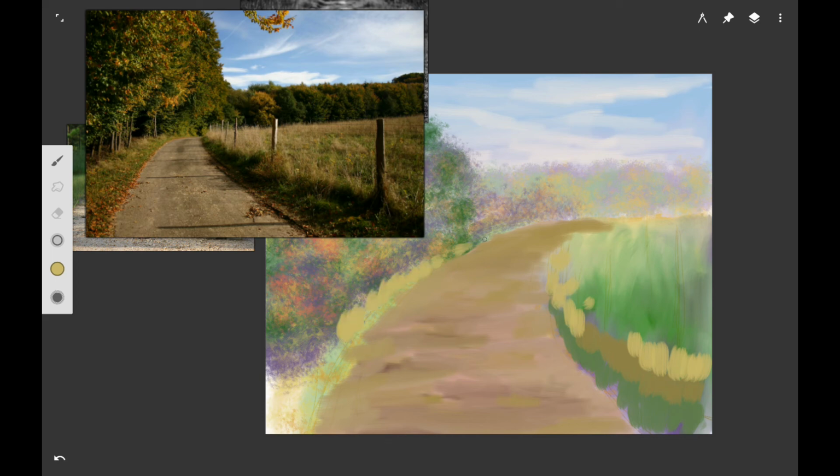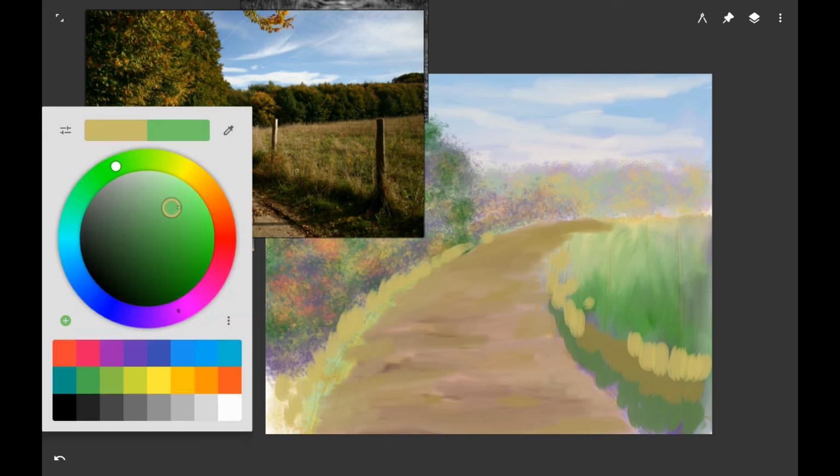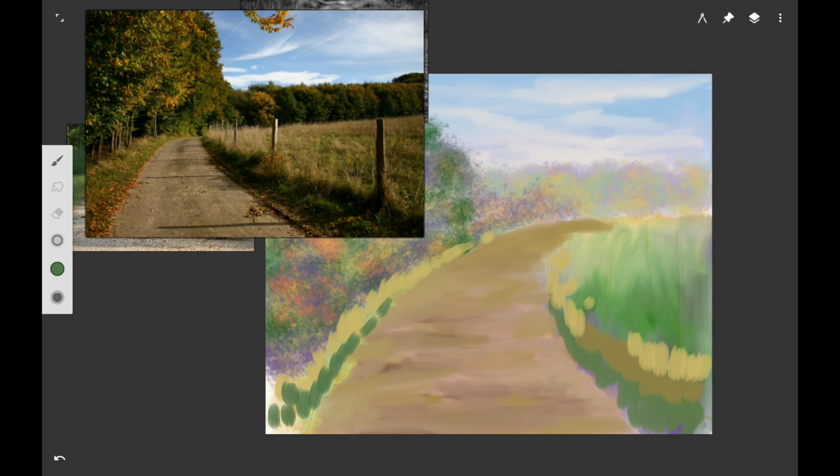You can use the texture in Infinite Painter. You can set the canvas to different textures. You can kind of do that in Sketchbook Pro. They're starting to do that in some of their updates, but it's still not as easy as it is in Infinite Painter. So I switched here, and I'm adding more colors to the grass here, and I'm using the Leo brush